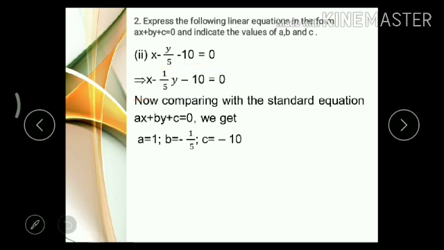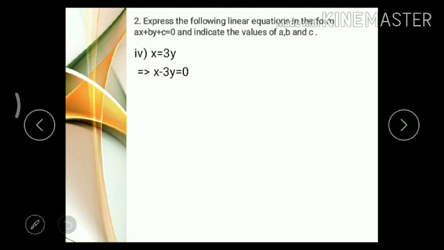X minus 3y. So x equal to 3y can be written as x minus 3y. Why? 3y is on the right hand side, and it is positive, thrice y, 3 is positive, right? So if it comes to the left hand side, its sign will be changed. This is due to the transition, and the actual process will be,